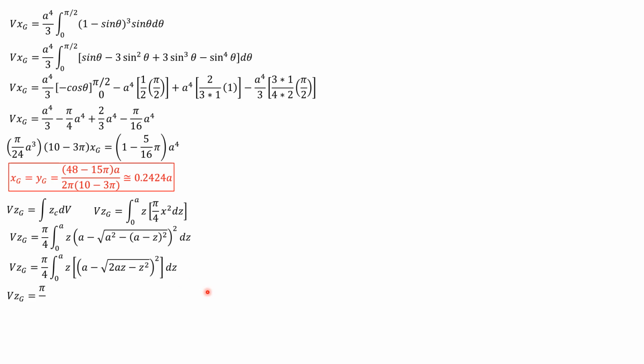So expand, volume G sub z is pi over 4 integral 0 to a of z quantity a squared minus 2a square root of 2az minus z squared plus the square here. So by the way, if we simplify this, that's 2az minus z squared, this one. So that's why when we expand the square of the first, twice the product,